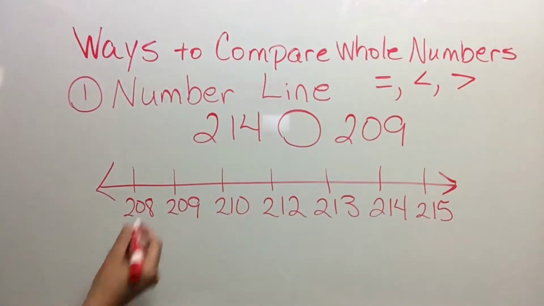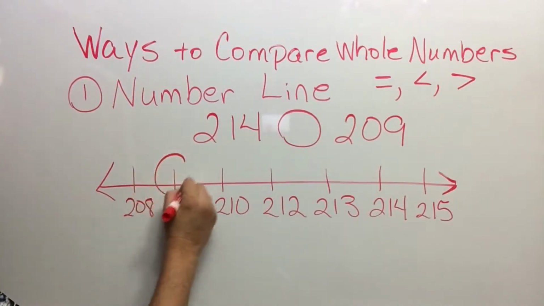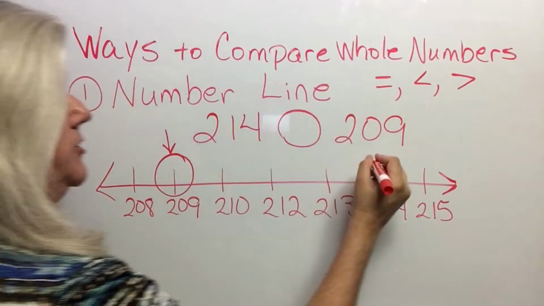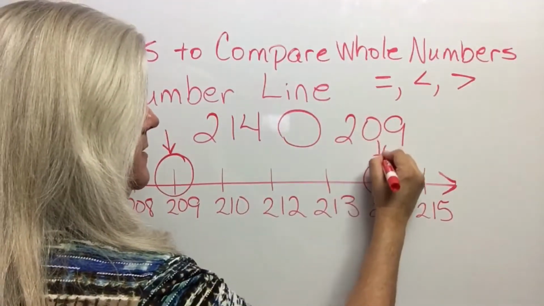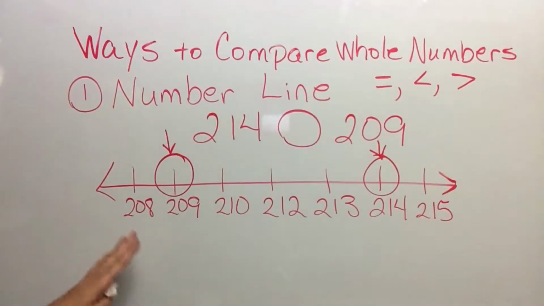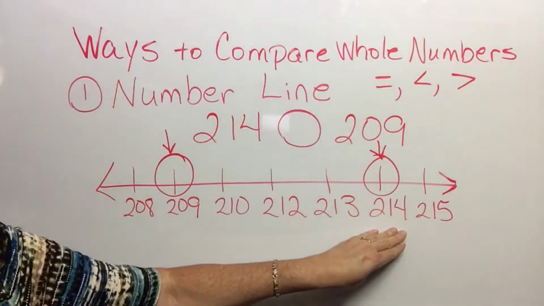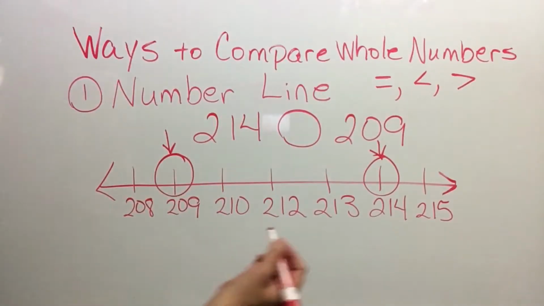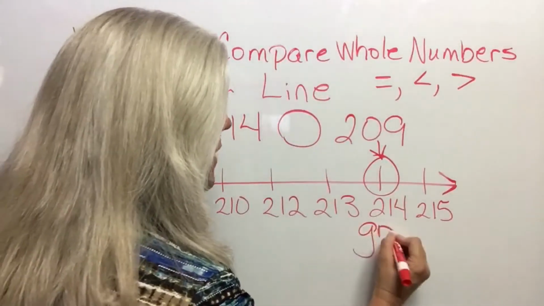On our number line, we will see 209 to the left and 214 to the right. So our rule is if the numbers to the right are greater than the numbers to the left, that would mean that 214 is greater